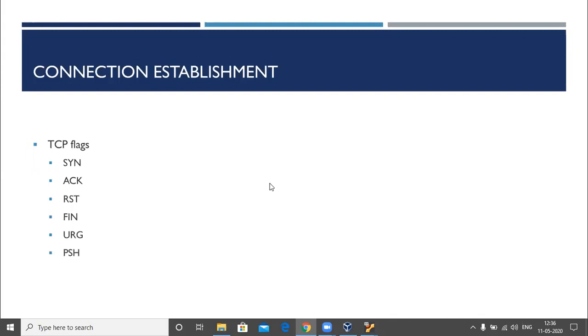So yes, your answer is correct. Whenever the URG flag is set for a packet, the priority goes high. It has to be transmitted first, or used in a communication first. So what do you mean by PSH?